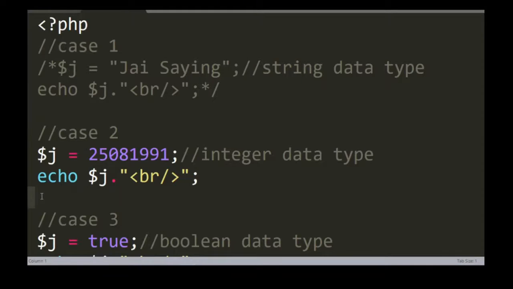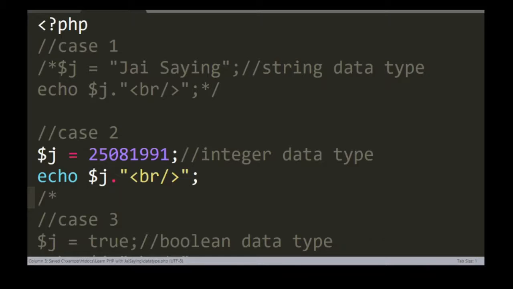What is the integer data type? Whenever we store a numeric value inside the variable, this is called integer data type. So now I am going to execute this.